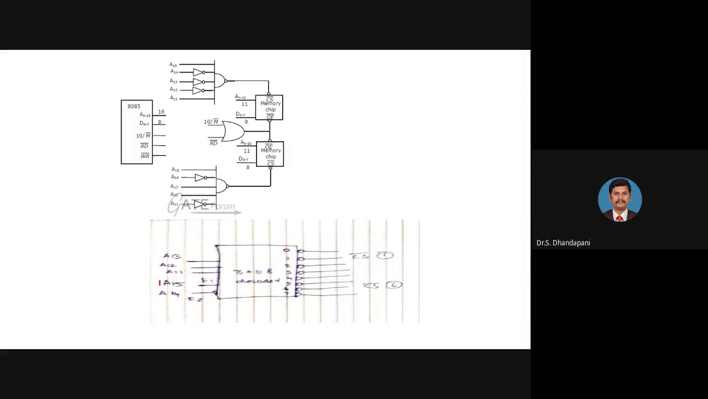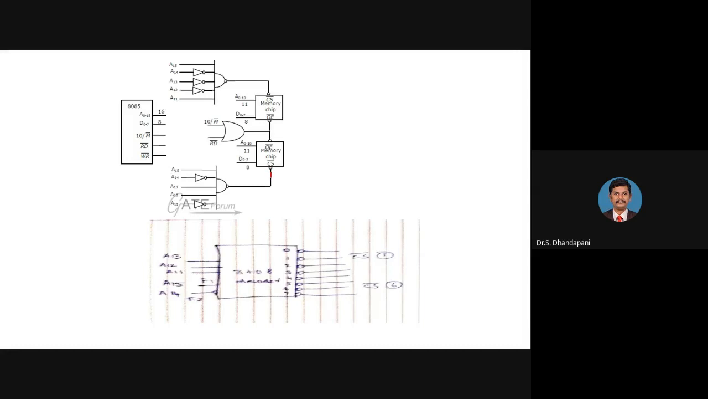At the same time, A15 is connected to high enable, that is 1. A14 is connected to low enable, that is 0. So A15 and A14 are 1 and 0, and the remaining values A13, A12, A11 are 0, 0, 1. 0, 0, 1 means line 1 is selected. So line 1 is connected as an input in this place. This is one part. Similarly, we want to find what input we have to connect for the second